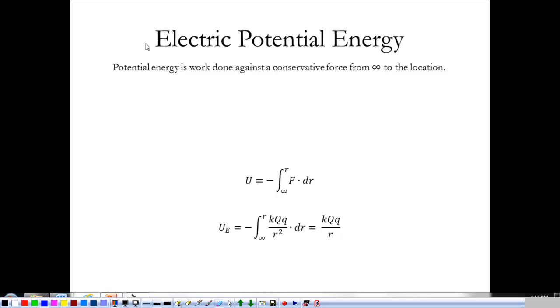So, we're going to start by talking about electric potential energy. What we need to remember is that potential energy is the work done against a conservative force. And just like gravity, we're going to say that's from infinity to the location that we're talking about. So to make that clear, let's pretend that we have a positive charge right here. And if we want the potential energy of